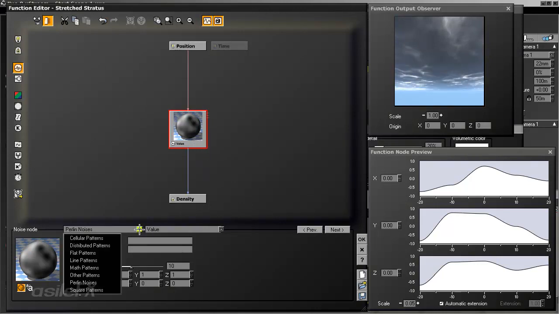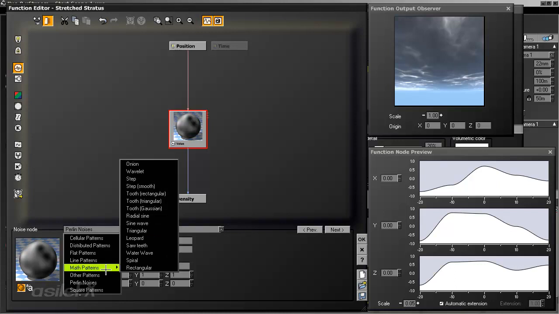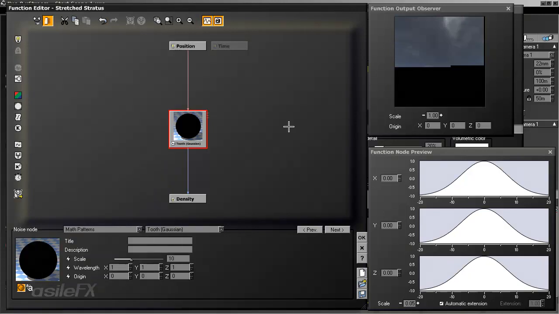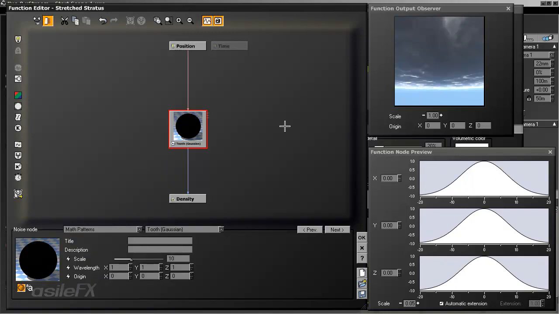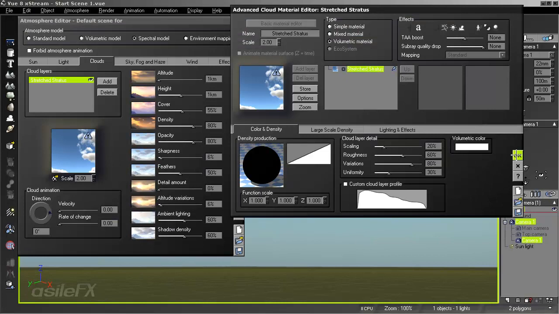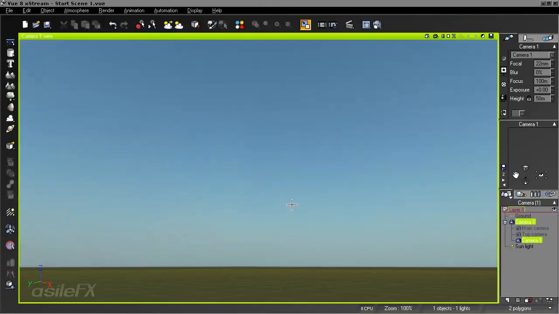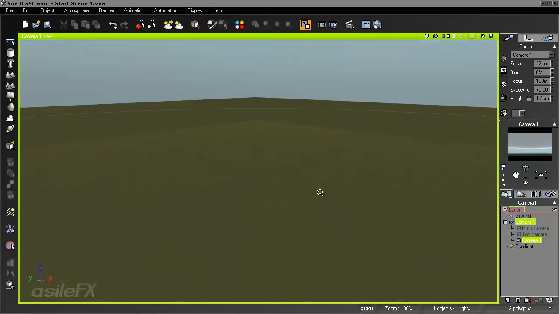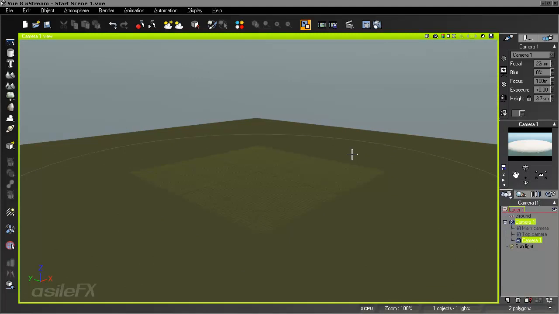I am going to change this over to a different shape. We're going to use a math pattern tooth Gaussian. What this is basically is a sphere, a volumetric sphere, and with no detail, we should see, once we close all this out, just a cloud sphere up in the top. Now, depending on the height, it's not necessarily going to be a sphere because it is being squished at this point. And I am going to go ahead and move the camera out,